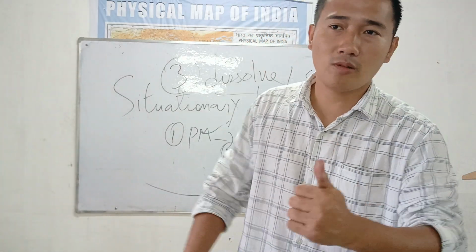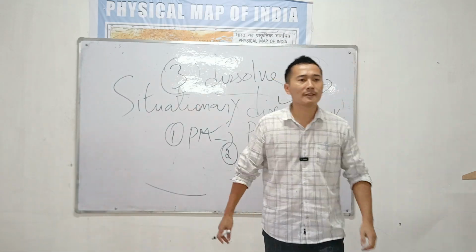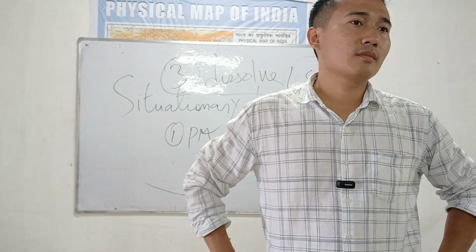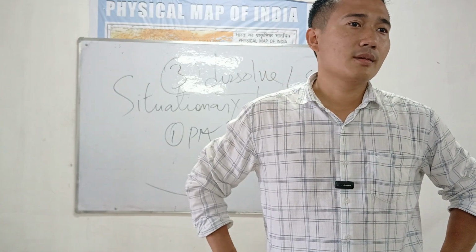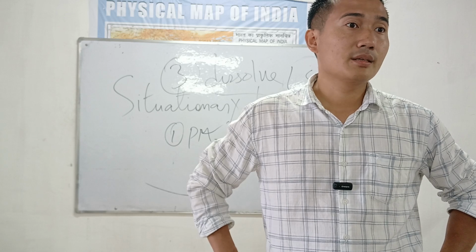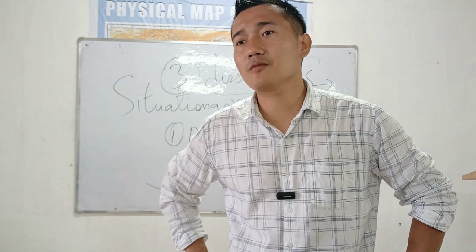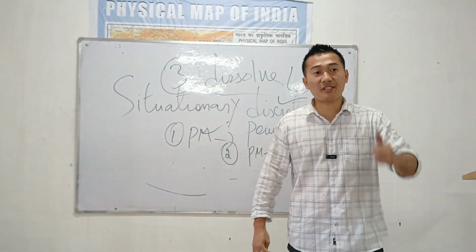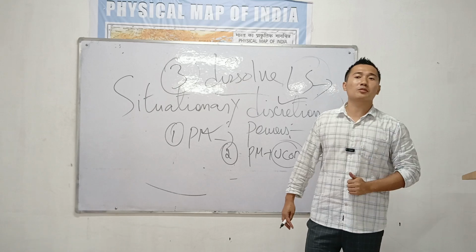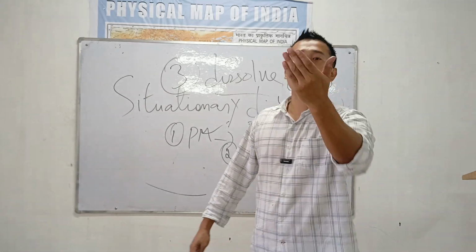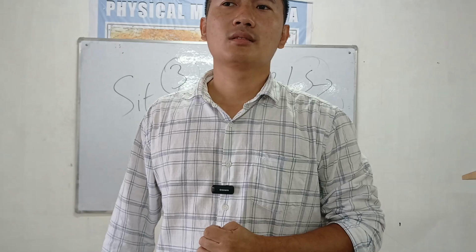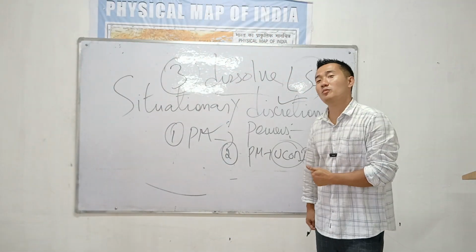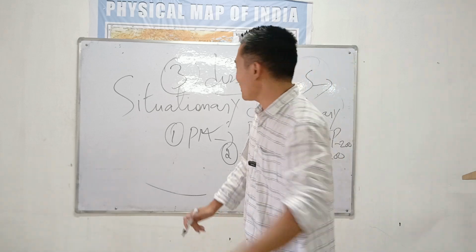So let's see what is absolute veto, suspensory veto, pocket veto. Absolute veto is the President rejecting a bill altogether. Rejecting a bill altogether is known as absolute veto. And next is suspensory veto. Suspensory veto means sending the bill for reconsideration, one more time, for an ordinary bill. And pocket veto means not signing, keeping the bill pending.